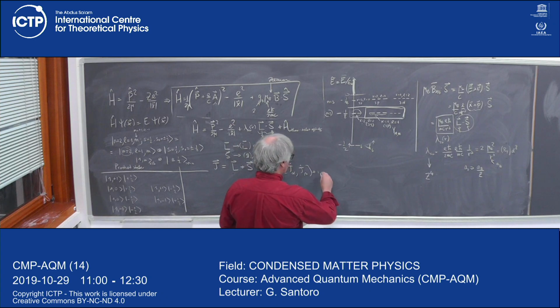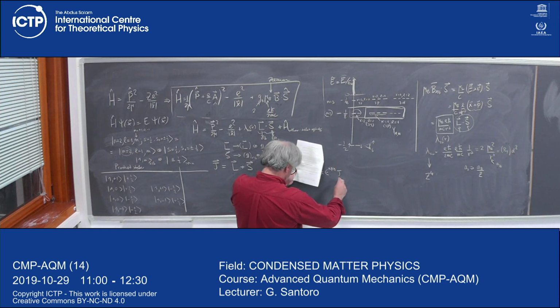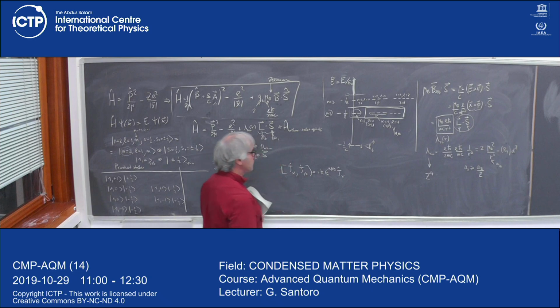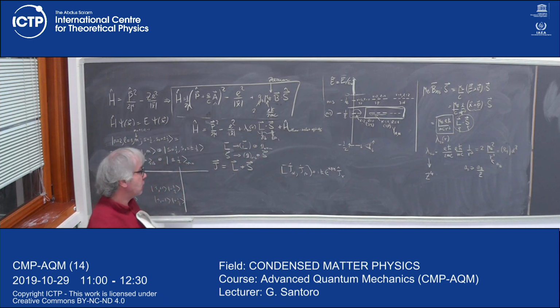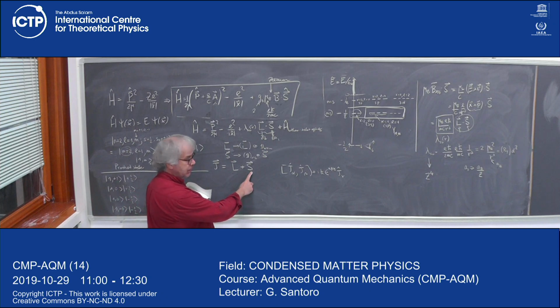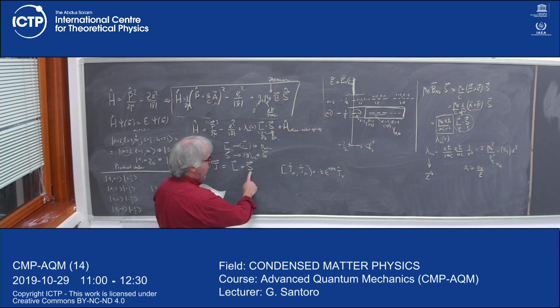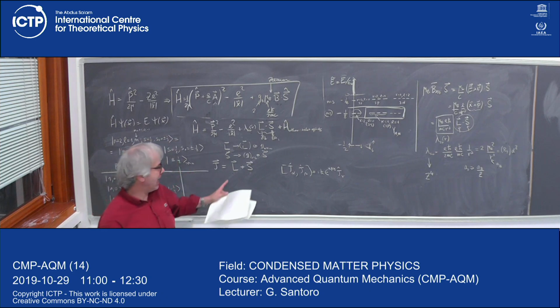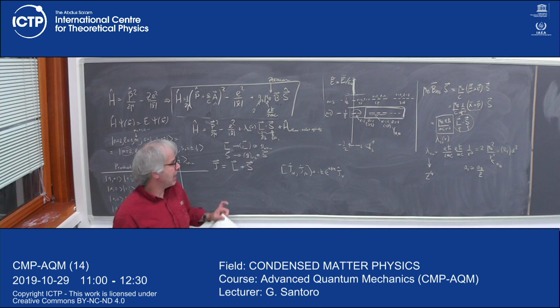to i, h bar, epsilon alpha beta gamma, J gamma, right? Okay, good. Is this true? Of course it is true, because L and S commute. L obeys this, S obeys this. It takes 1 second to verify that indeed the sum of L and S, although acting on different subspaces, precisely verifies it. So, out of 2 angular momenta, L and S, by summing them, you obtain a new angular momentum,